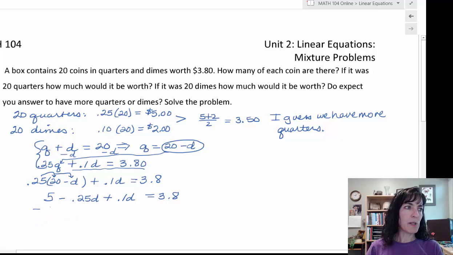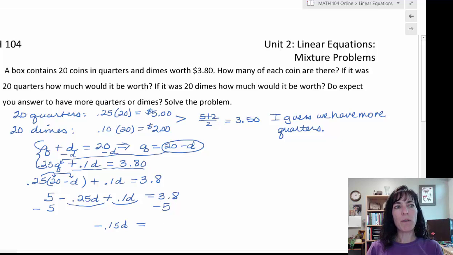I want to subtract 5 from both sides to move it over where the other constant is. And on my next step, I'd like to combine these two like terms. They both have a decimal value multiplied by D, so I can combine them together. I have negative 0.25 and a positive 0.1, so it's going to come to negative 0.15 D equals